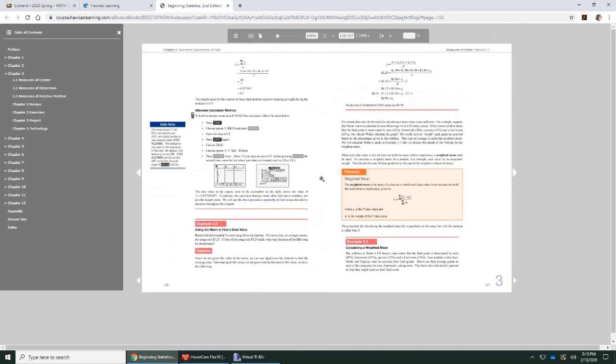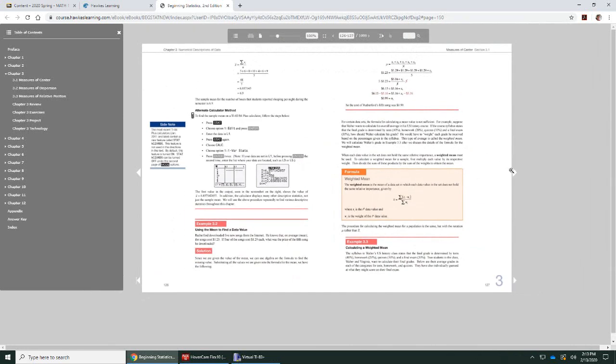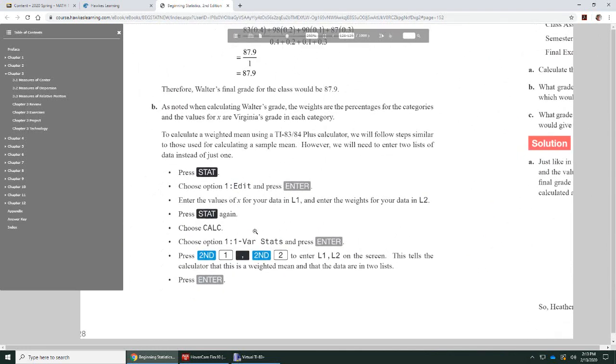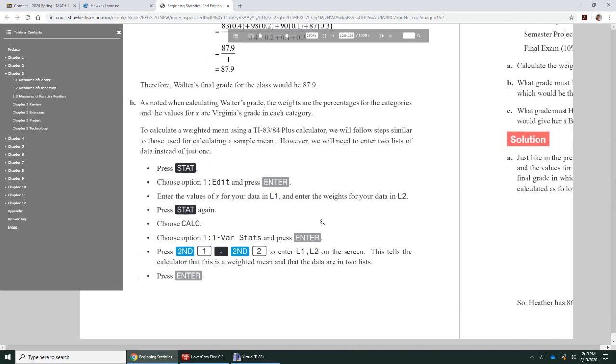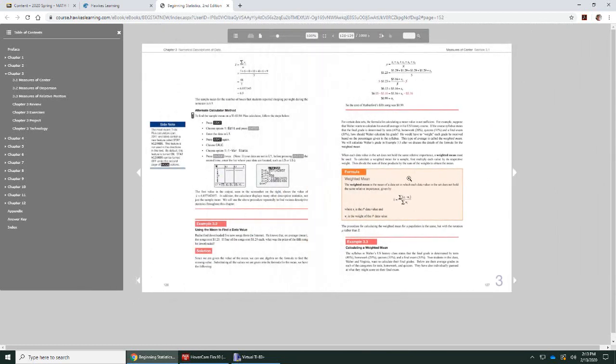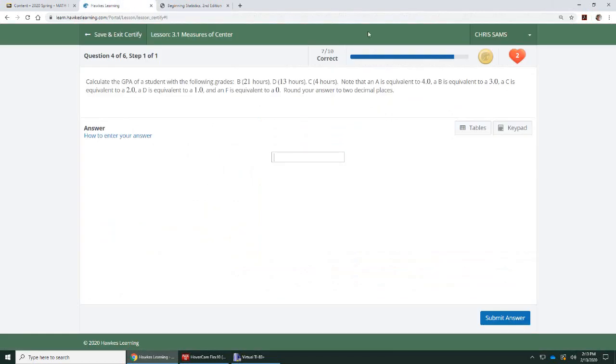Now there is a way that the book shows to put it in the calculator. I think it takes a little bit more effort, so if you would like to try that, you can. It's not bad, but I think doing it by hand is okay as well. So I'm going to show you by hand how to compute the weighted average, okay? I'm going to go back,